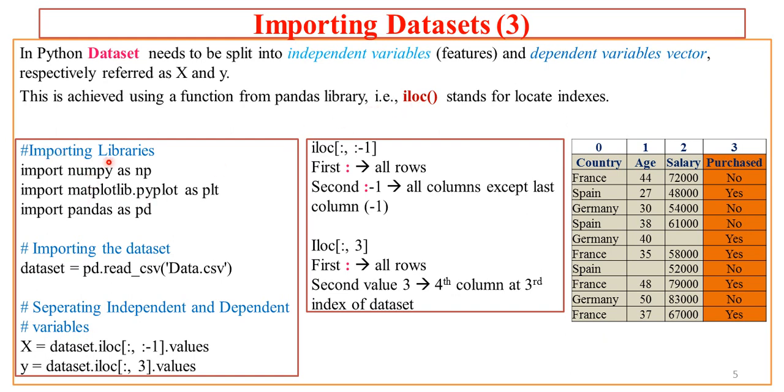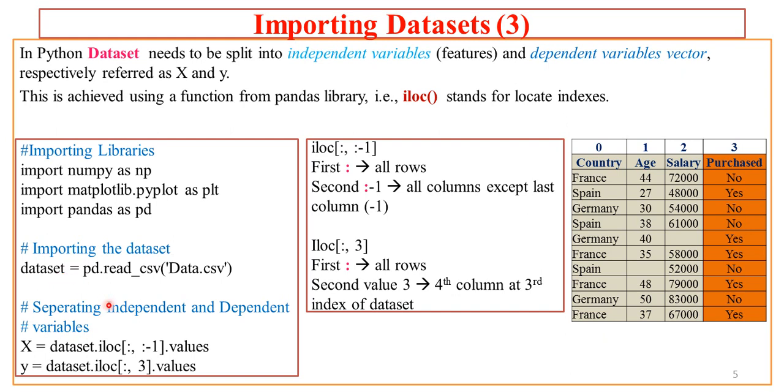So I have the importing of libraries. Let us focus on the first rectangle of this slide. Here we have import numpy as np. All these three libraries, as usual, we will be importing. Then we have the actual step of importing the dataset, that is pd.read_csv, and data.csv is the dataset we are providing to read_csv, which will convert this dataset into a data frame. That data frame name is dataset itself.